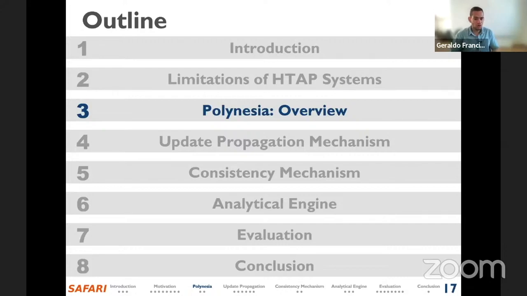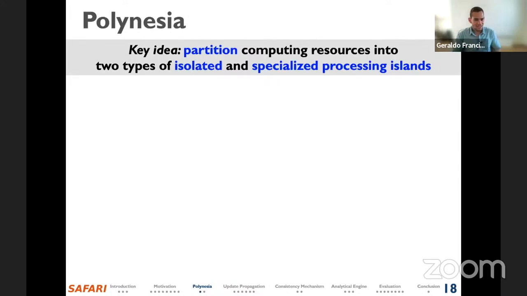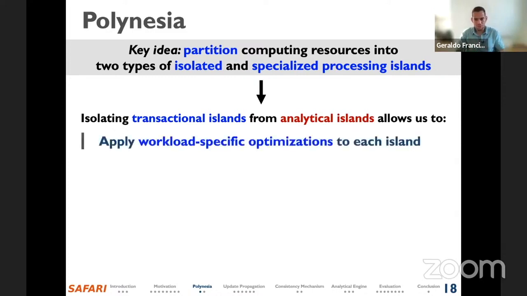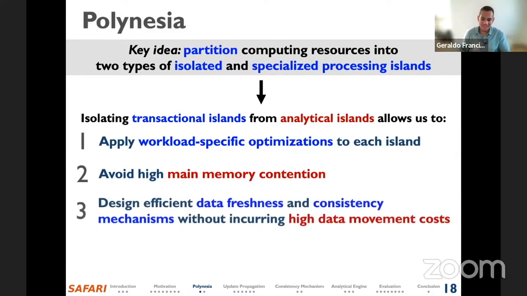Next, I'm going to give an overview of our proposal, which is called Polynesia. The key idea behind our mechanism is to partition the computing resources into two types of isolated and tailored processing islands, where each island is dedicated to either transactional or analytical workloads. By isolating transactional workloads using transactional islands from analytical workloads using analytical islands, we can apply workload-specific optimization to each island, avoid high memory contention, and also design efficient data freshness and data consistency mechanisms